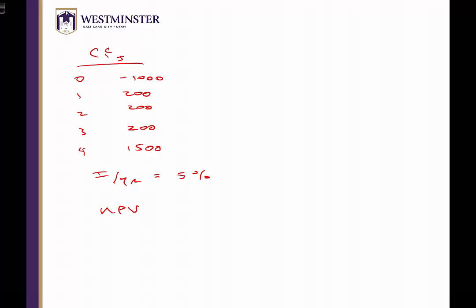I have my periods per year set to 1, so 1,000. And I'm going to change the sign so it's negative, and that's CFj. It tells me that it's coming at time period 0. Then 200, I'll press CFj again, and that accepts it for period 1. If you're not changing the value, you can just continue to press the CFj button, and it will increment to the next year. So I'm pressing CFj again for period 2, CFj again for period 3, and then 1,500 for period 4, or CFj 4, and then 5 I/YR, and then red NPV, and I get